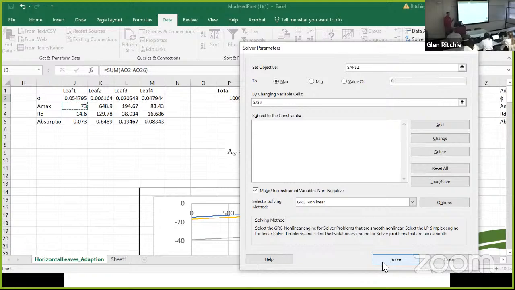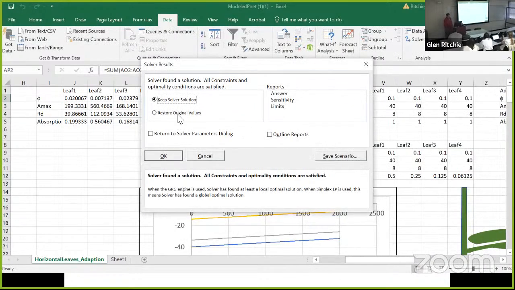So if you put in a set of values that allow you to go to some peak value that is here, maybe you've got a bigger peak value over here, but once it starts getting better values on the left, it doesn't really start looking anywhere else for those values. So it is possible to get a local maximum in some cases, but for most of the stuff that we do, it works out pretty well. Just be aware of that if the values don't quite come out the way you expect them to, maybe you need to start with values that are a little bit closer to where you're trying to get.